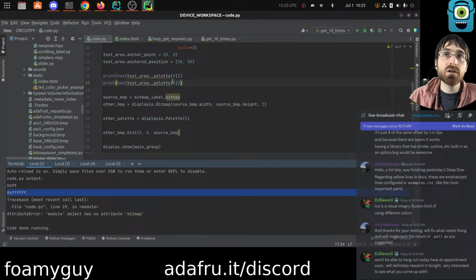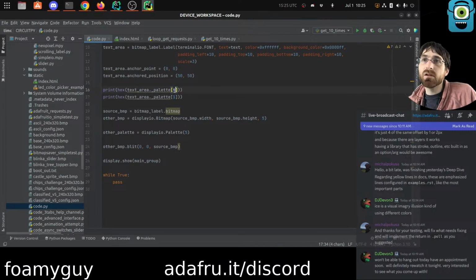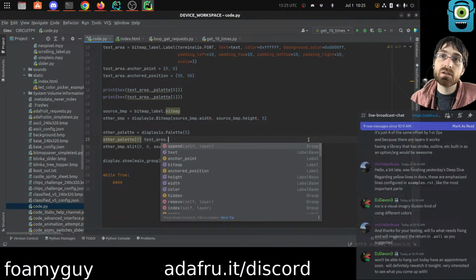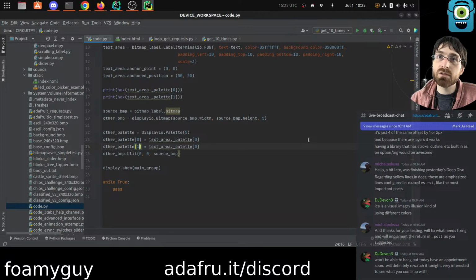It turns out the index at 1 is the foreground, and the index at 0 is the background. So we can go other palette 0 equals text area palette. I suppose we did not really need to know which was which necessarily. I suppose we could have always just gone 1 to 1, 0 to 0, but